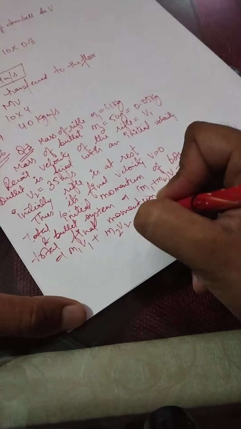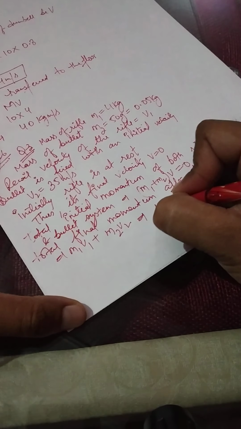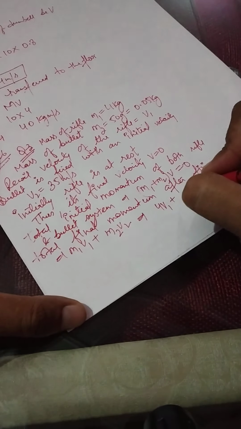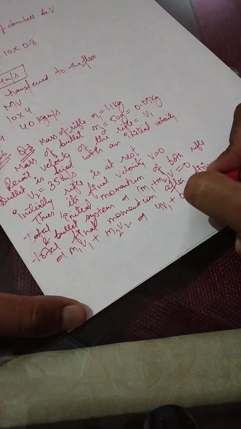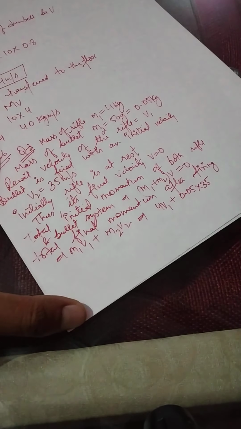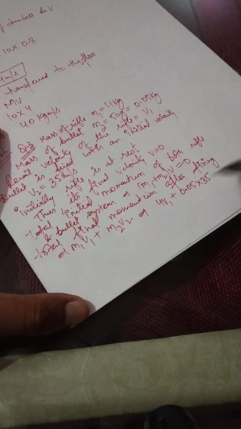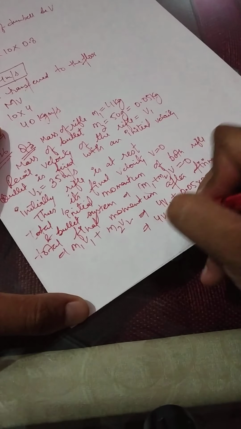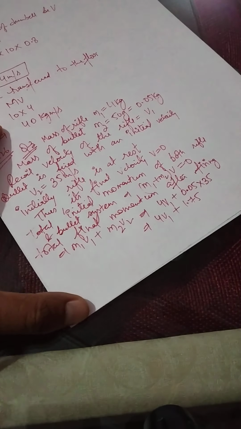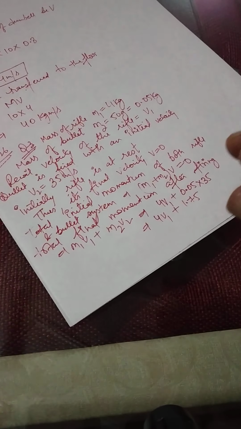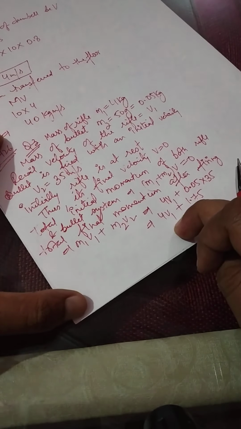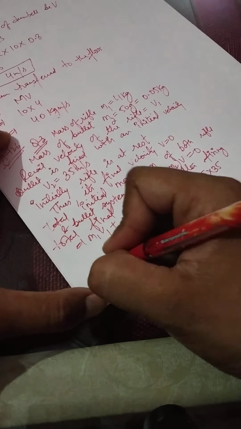Keeping the values, m1 is 4, we have to find the value of v1, m2 is 0.05, and we know the value of v2 is 35 meters per second. So it comes out to be 4v1 plus 1.75. To find the value of v1, that is the initial recoil velocity of the rifle, we'll use